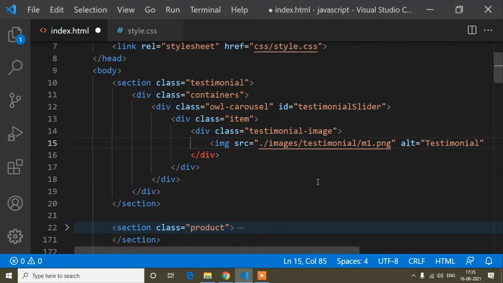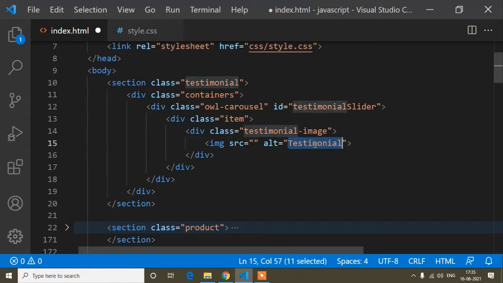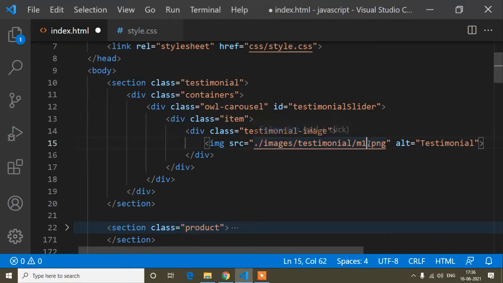And inside the alt tag I will write testimonial. The alt tag is basically used for SEO purposes. Suppose the image path is missing, or the image is blank, then whatever is in the alt tag will be shown. Or maybe the image path is wrong, like here instead of m1, suppose I write m4; there is no image by the name m4, so the image path is wrong, and then the alt tag will be shown first.